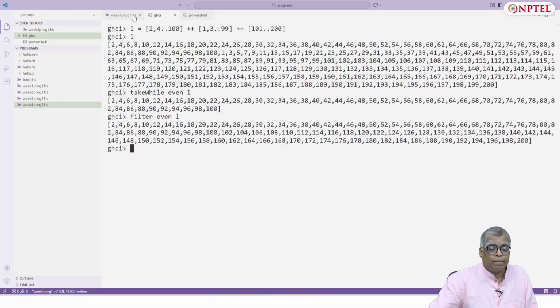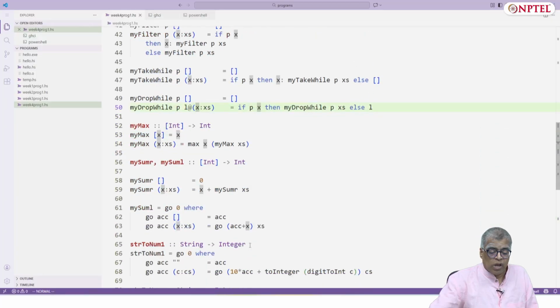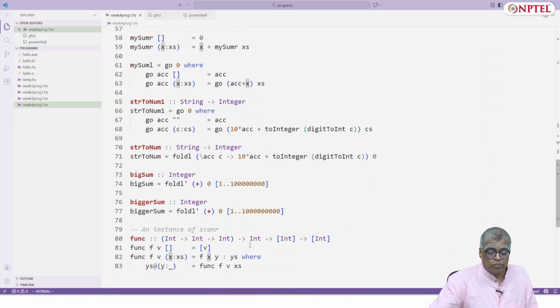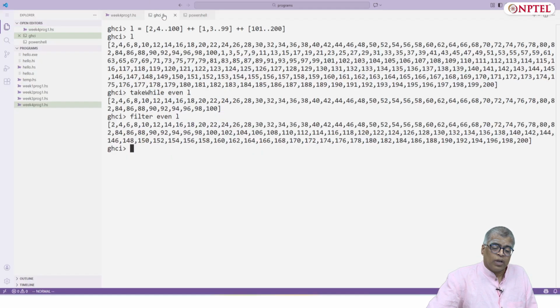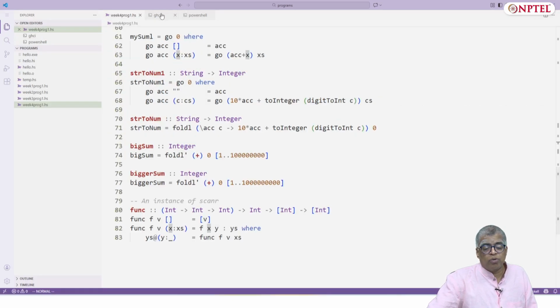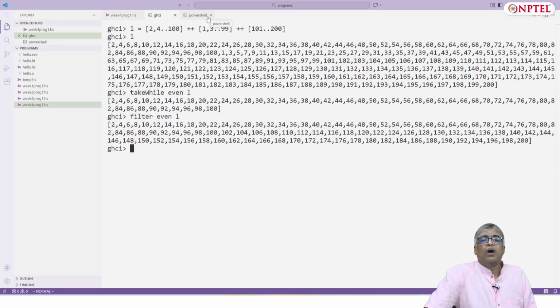Yeah, I have tried to see how fold L prime works with sums. So I think this more or less concludes the demo session for this week. Please try to explore more on your own, and we will also try to get you to work on more exercises. Okay, thank you.